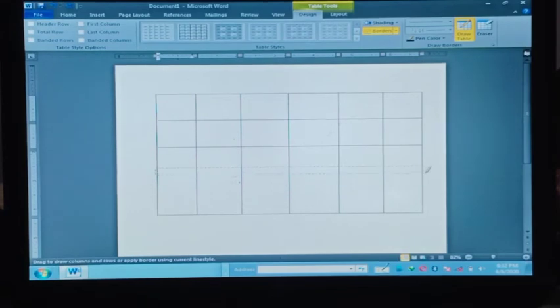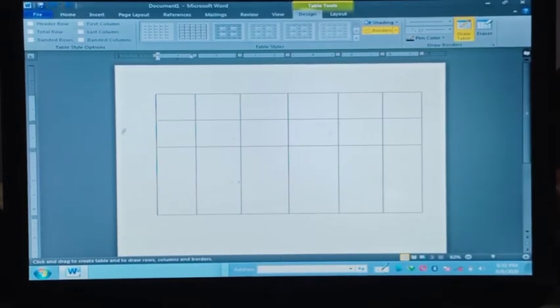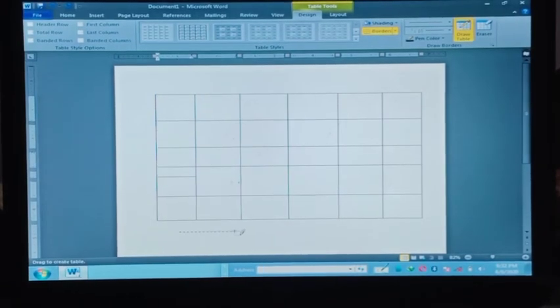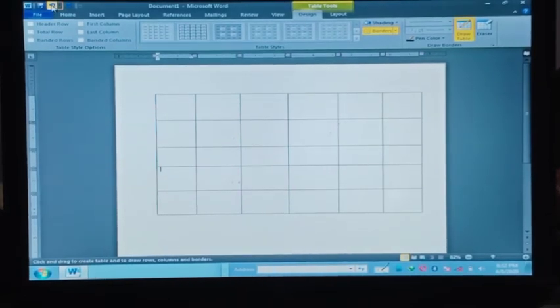Fine. Simplest way. This happened because I dragged the mouse diagonally, that's why this table appeared. So for this we can use the undo option to go back. Again start. You have to be careful while drawing rows, because if you draw diagonally like this, it will start making another row and column. You just need to draw straight. When you draw diagonal, it will make a table like this. So we don't have to make a table, we need to draw rows and columns. So you can see this row and column is created here.